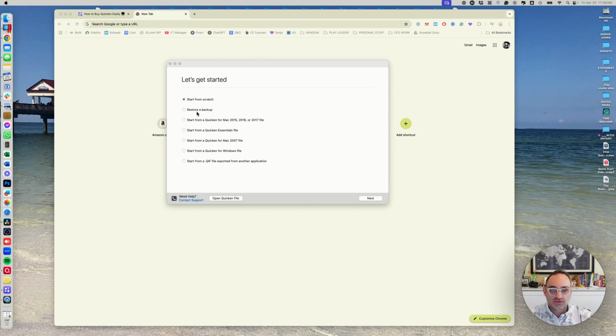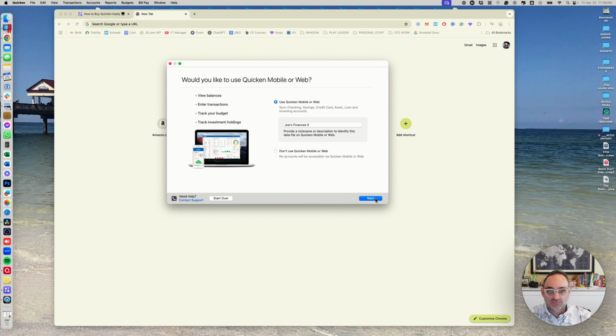It's also going to prompt you to create a database. So when you get this screen, you're going to start from scratch, follow along. You're going to notice here it says use Quicken or mobile on the web. You can choose not to do that, but this is related to the fact that the Classic products now have a web-based portal that you'll be able to sync your data to and log into. So if you find that intriguing, I would leave that on,